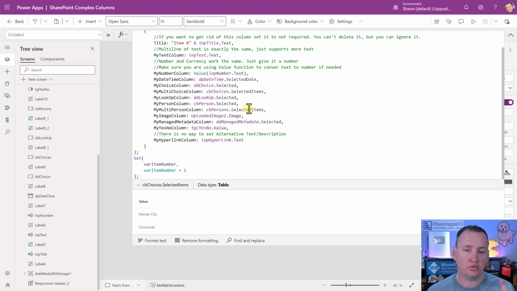If you only choose one item, it's still going to return it as a table because that multi-choice column needs a table, right? If you only have one, it still has a table. Single choice needs a record. So that's why we're using different things with a choice column depending on the type of data structure you've chosen for it. Okay, next up,